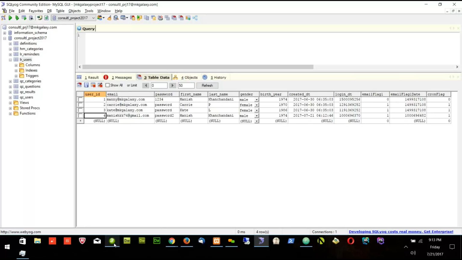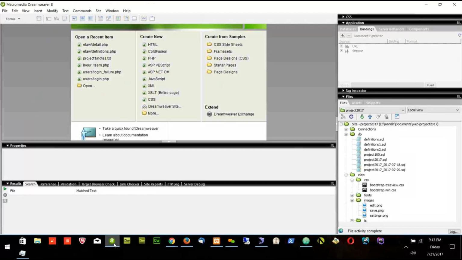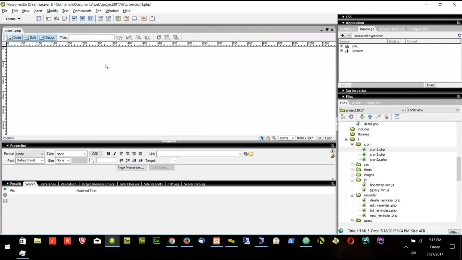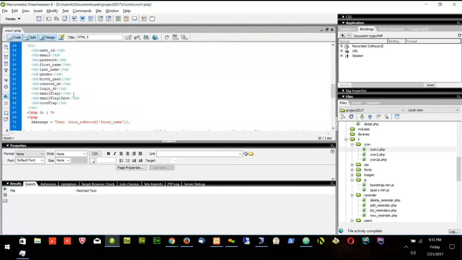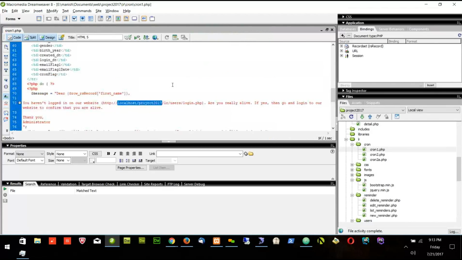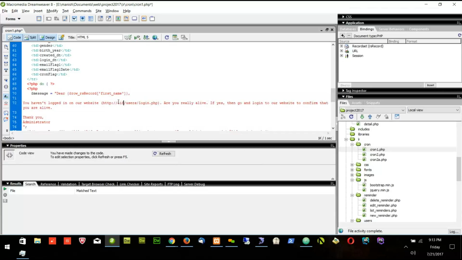Okay. Now we'll change the cron 1, which is giving some problem. The host is not correct. So we'll go in the cron 1 and change that to something different. Here I put localhost project 17. Instead of localhost project 17, in reality we are going to live reminder. I can forcefully say live reminder dot pk, or I can also use